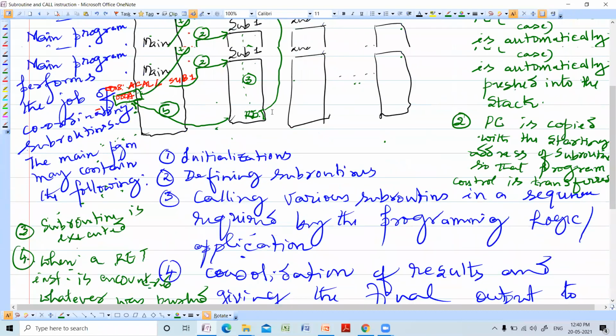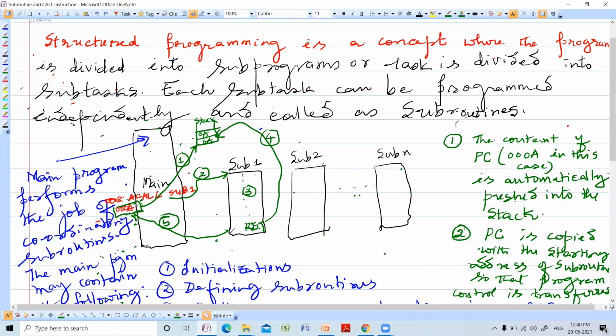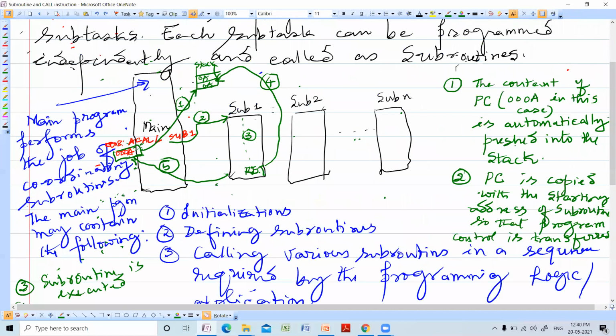It is written in green color. I have used the same diagram, same blocks. In red color, I wrote an instruction there, ACALL SUB1. SUB1 is the label which is used to indicate the starting address of subroutine 1.